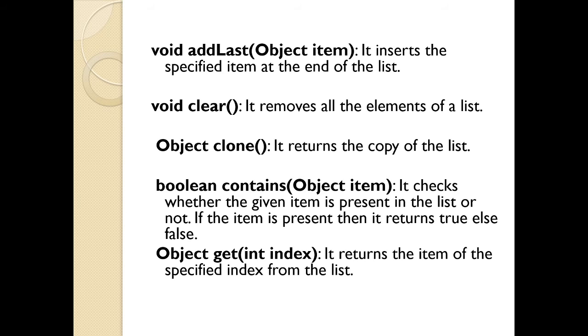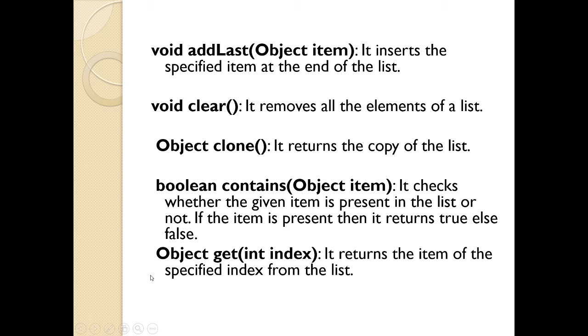Now we will see how to check whether a particular element exists in the list. We have the method called contains. So what happens in contains? In contains, I pass the object element and I check whether the given element exists in that particular list or not. If it exists, it returns true. If the element is not existing, it will return false. So your return type here becomes Boolean. So with Boolean contains, you pass the object element and it will check for that. I can retrieve the element based on the index which I am passing in the list.